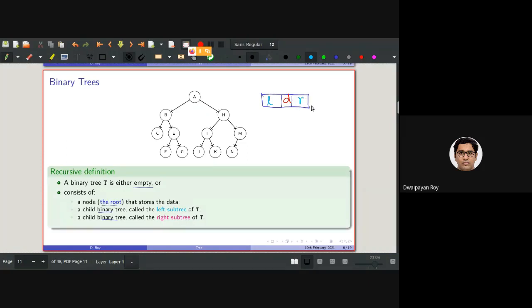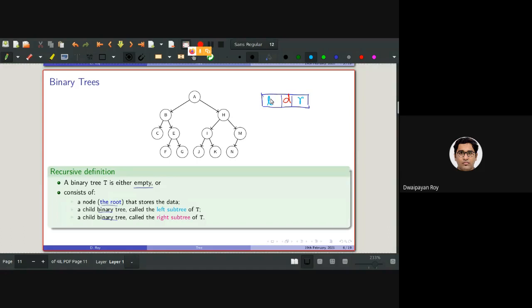So the definition is saying a binary tree T is either empty. Okay, let's define what I am referring to as an empty tree. So an empty tree is just a null value. If I declare one structure and initialize the value of null in that variable of that structure, that we can refer to as an empty tree.